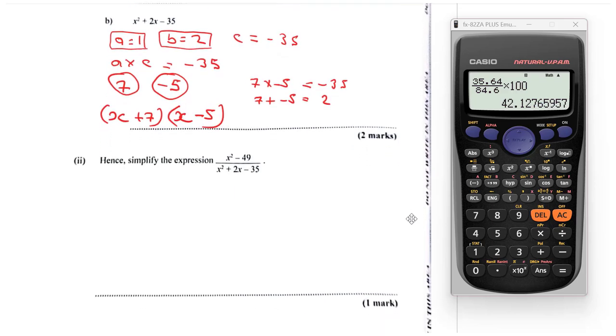Right? Now, let us look at part 2. Part 2 is saying, hence, simplify the expression x squared minus 49 over x squared plus 2x minus 35. Now, once we see here hence,